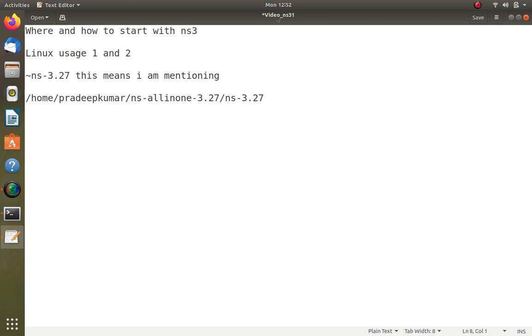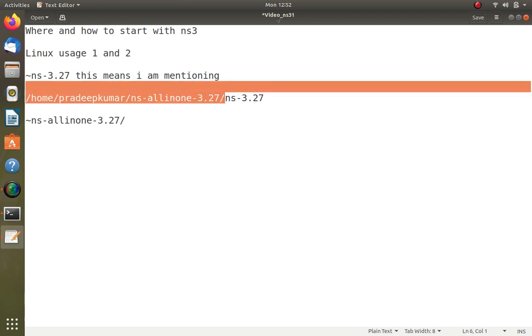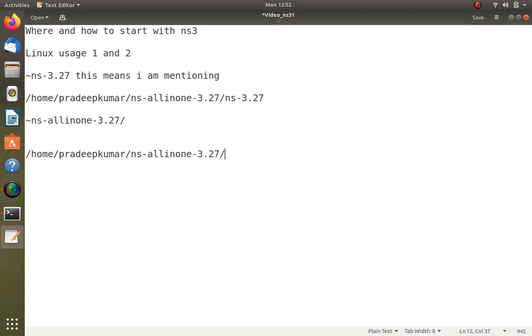So whenever I mean ns-3.27, I am mentioning this folder. Similarly, whenever I mention ns all-in-one-3.27, I am mentioning up till this folder. Please understand that that's the purpose of mentioning this tilde symbol here.